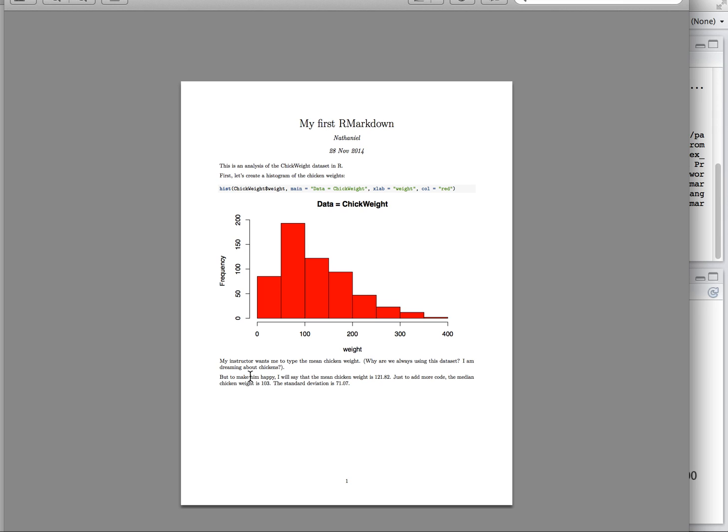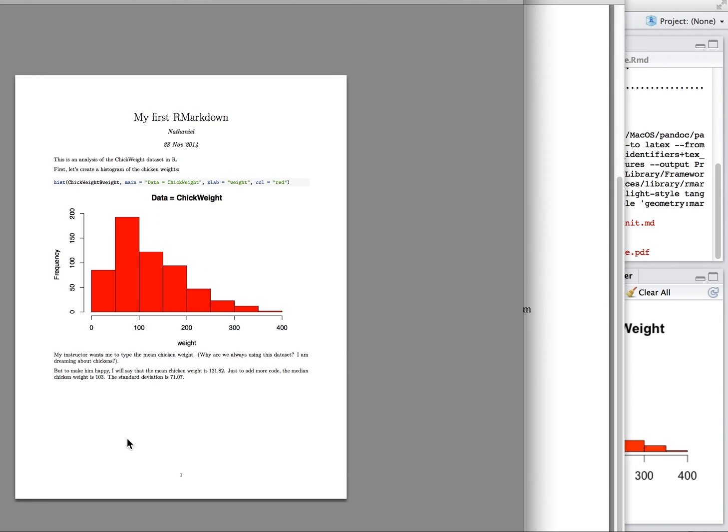So this is all looking good. To make them happy, I'll say the mean chicken weight is 121.82. Just add more code. The median is 103. Standard deviation is 71.07. Okay, and what's really great about this versus R, or versus using a Word document, is